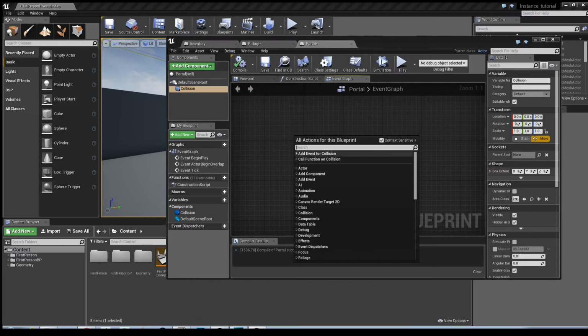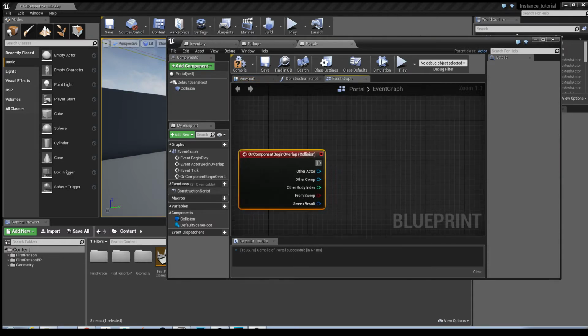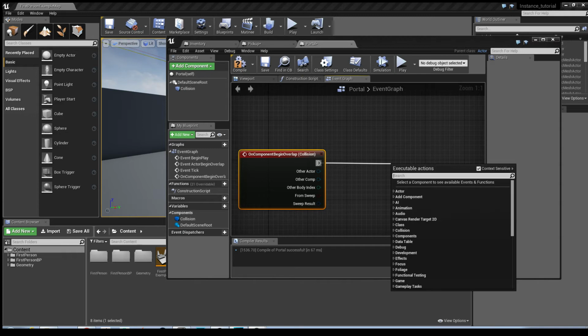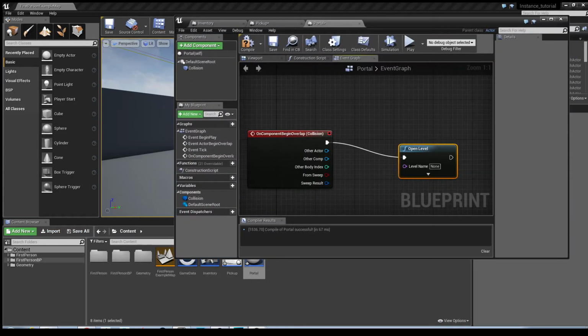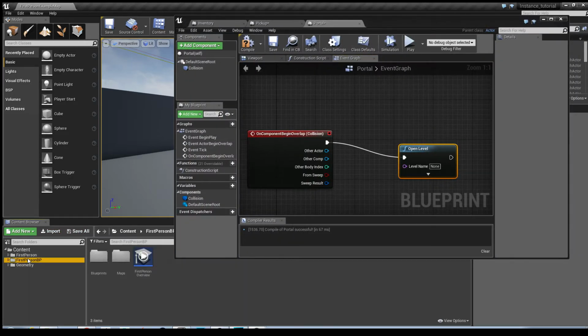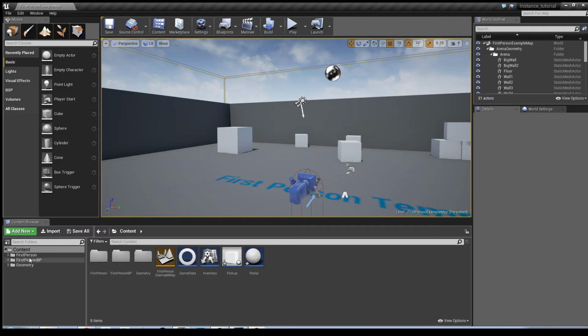select your collision, right click on component begin overlap, and then all I'm going to do is drag out of that, type in open level, and then I'm just going to choose my second level. Oh, I'll create another level, so bear with me again. Hit compile. So to do that,